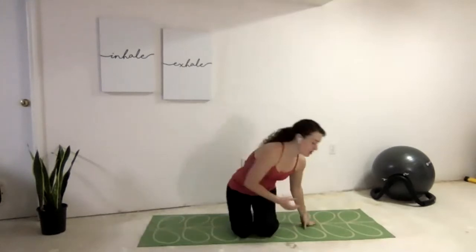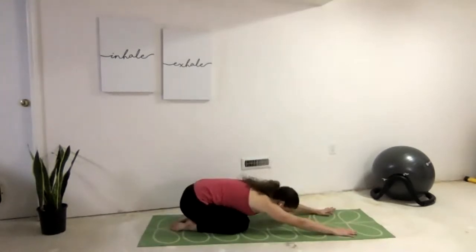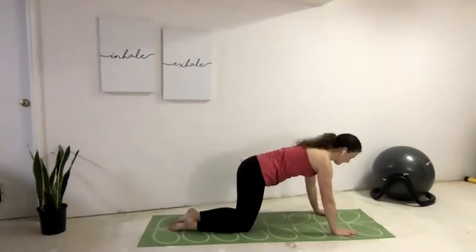We'll take our left arm now, thread it underneath the right shoulder, scooping it with the right arm in this case. Looking, if we're in child's pose, towards. Good, just hold a couple more breaths. What are we feeling as we stretch through the left arm? The upper back, the shoulder. And releasing through that. From child's pose position, we're going to come all the way forward through tabletop next, sweeping